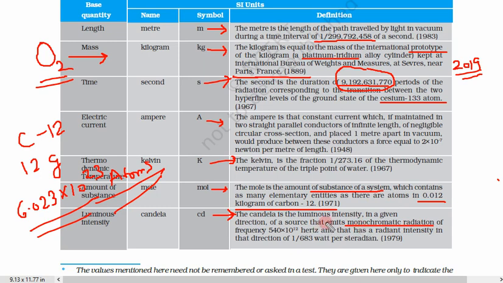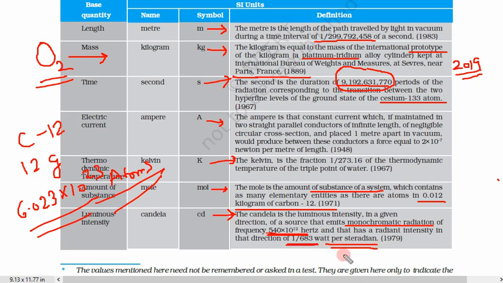That means single color, let it be blue or any radiation, that is called monochromatic, and they have given frequency 540 into 10 to power 12 hertz. Since frequency is given, this is already monochromatic, so frequency is not varying. So some radiation which has this frequency and has a radiant intensity in that direction of 1 upon 683 watt